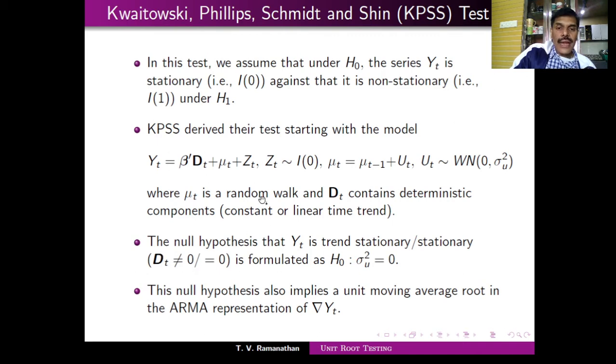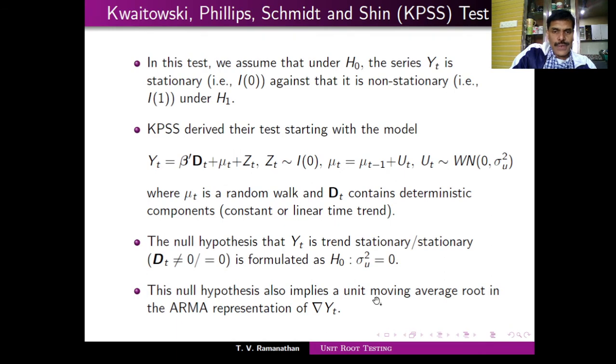And of course, there is no augmenting here because the model itself is slightly different. So the null hypothesis tends to be stationary. Of course, as I told you, the distribution theory here also plays a role as you change your constant term. So this could be without anything, that means beta 0. It could be a constant. It could be a linear trend here. So that is formulated accordingly, but this is the test that you are testing, and these tests are very common.